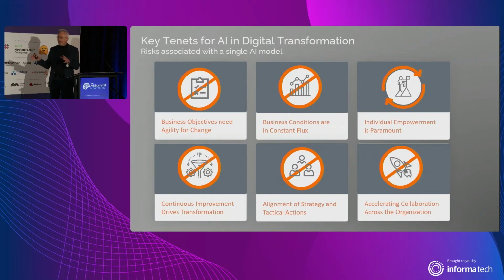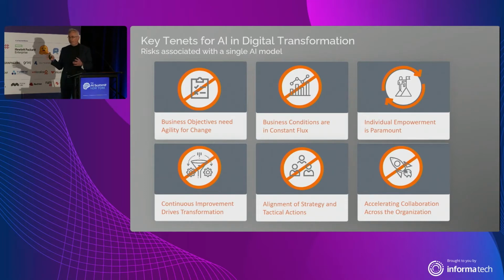Also, we want to empower all of the users in our business. The cool thing about AI is I could, in theory, get recommendations right down to the individual level and empower individuals to take action rather than having them go through very structured processes. That's an idea fundamental to digital transformation. Continuous improvement, again, being agile as an organization and recognizing when we do need to change.